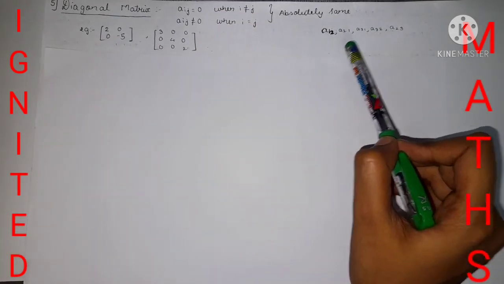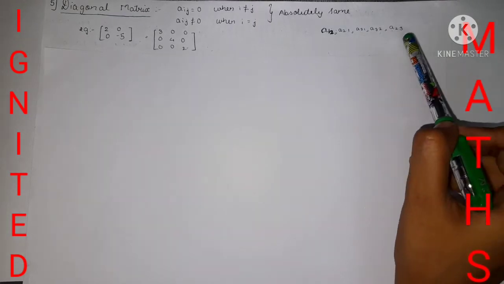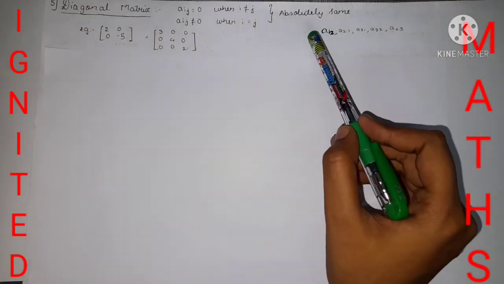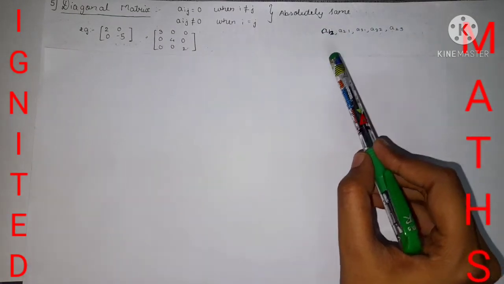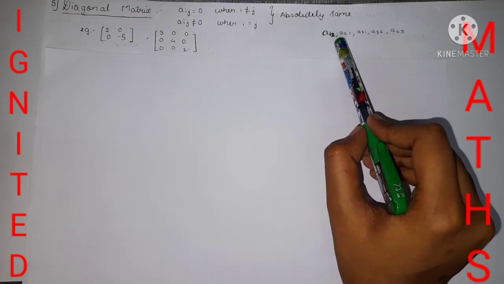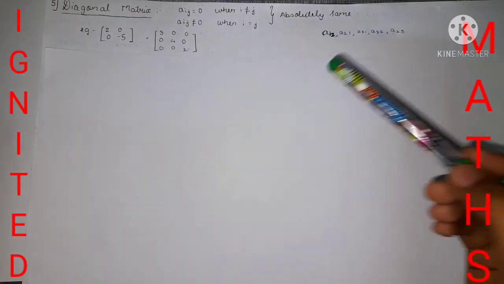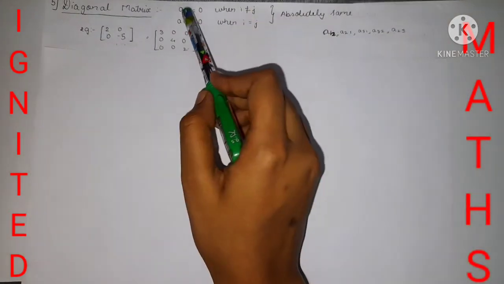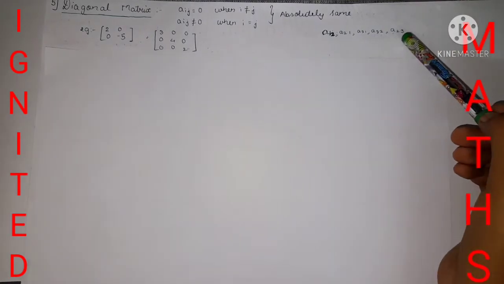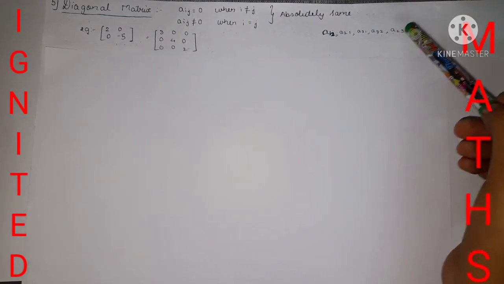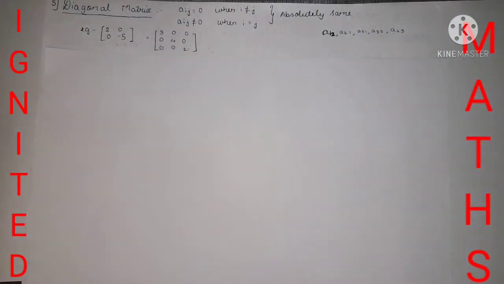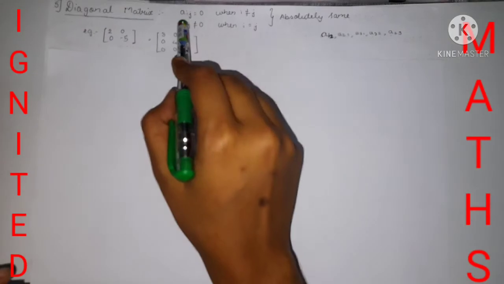A12 element, A21 element, A31 element, A32 element, A23 element. You can take the other elements also, but for the example I have given only this much. You can check it. In A12, the row is 1 and j, the column, is 2. So i is not equal to j, so the aij term will become 0. A23 element: 2 is the row and 3 is the column. 2 is not equal to 3, so the aij term is 0. So this is the explanation given. You can check it over here.